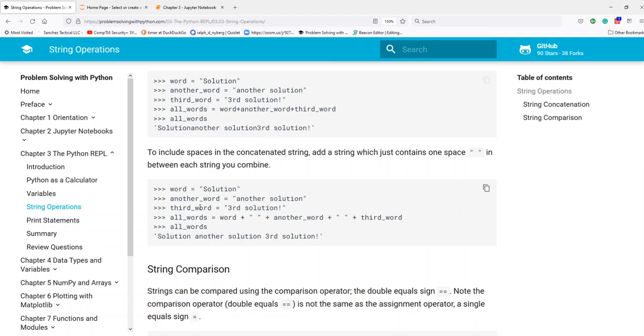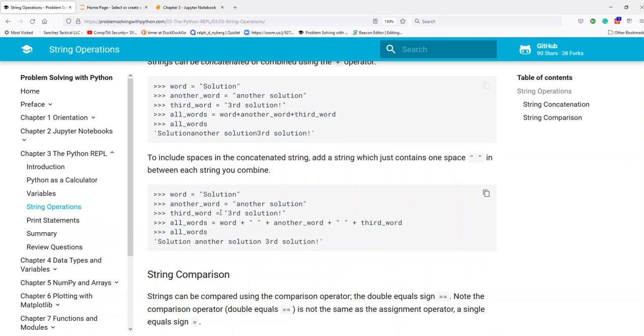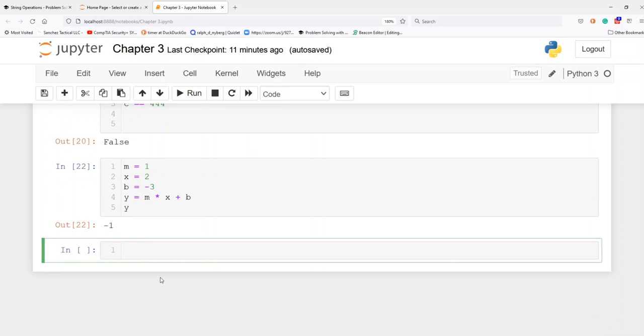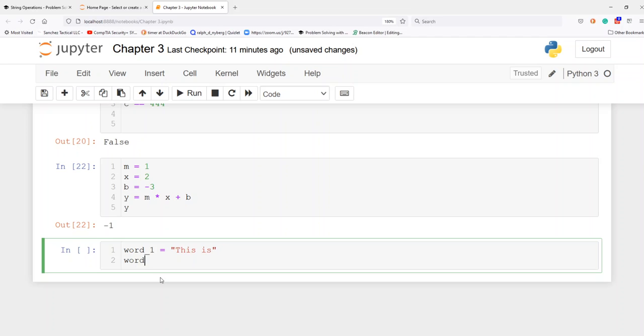Oh well, I feel like they did this a little bit harder than it should be. So if you wanted to do this one, for instance, let's say word_1, and I think it's supposed to be underscore 1. I don't know the convention, I always forget. Let's say this is. So if we leave it without the space here and we do word_2, and let's just say that is,